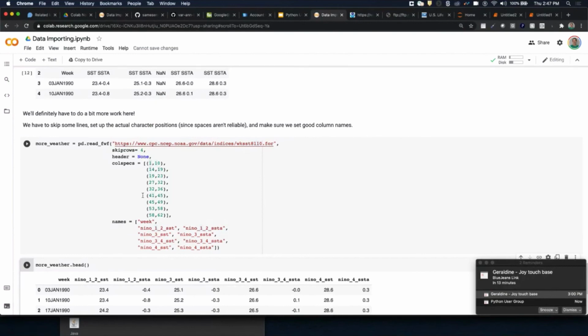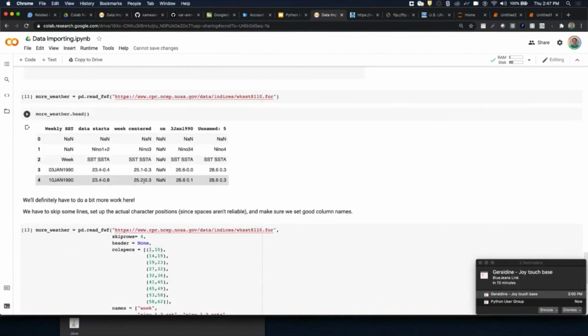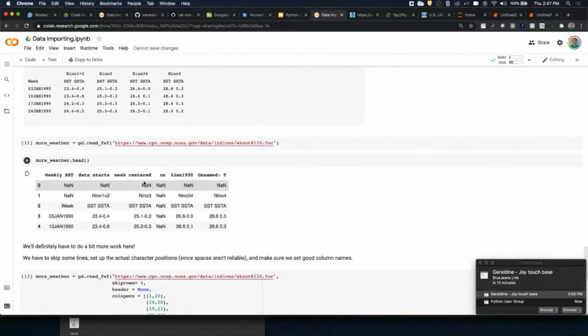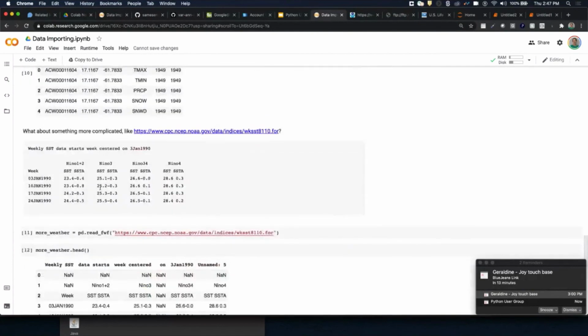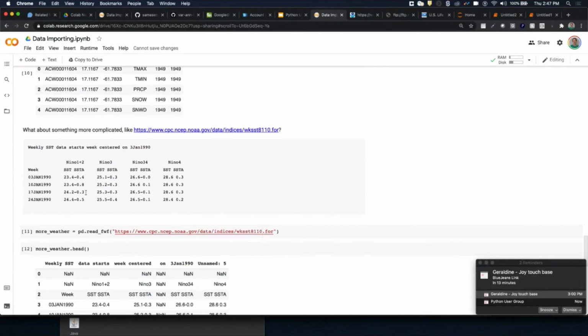Not concatenated, but so for example, on your line here, on the first line that I'm looking at, I don't know if you see what I'm looking at, but number 3, line 3. Let's just go with line 3. It has the date and it has 23.4 and then negative 0.4. Correct? Let's say that was already separated. How would I go about putting it back together?